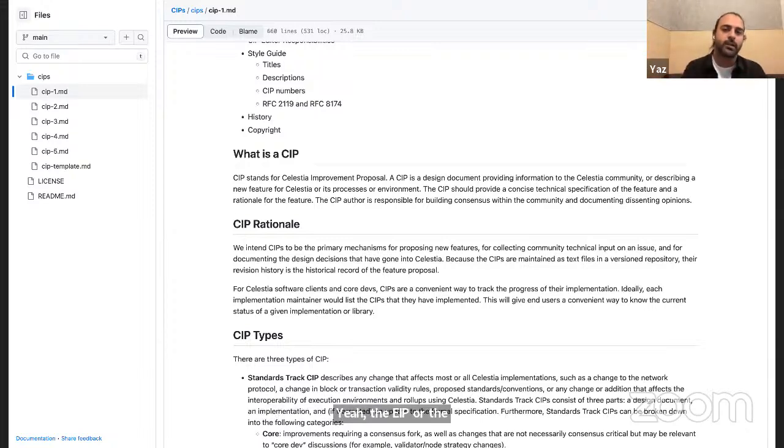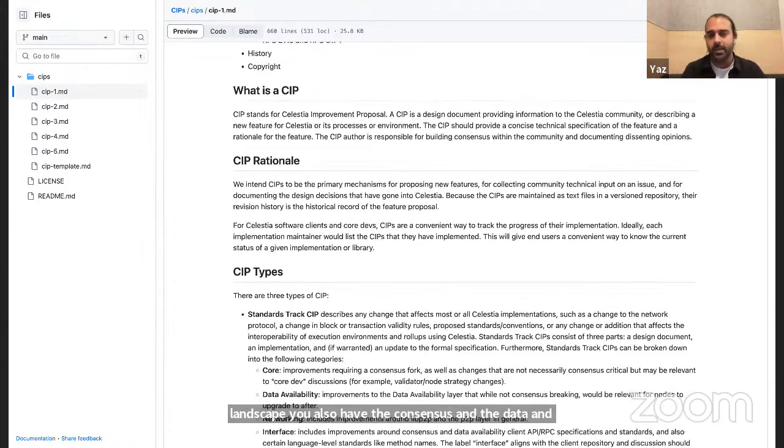So this builds on things that already, most of it worked in other processes, with a few things tailored specifically to Celestia, mostly because within the Celestia development landscape, you also have the consensus and the data availability layer.